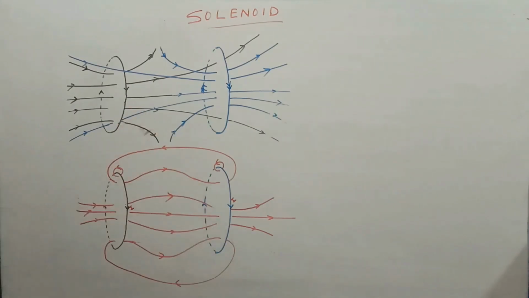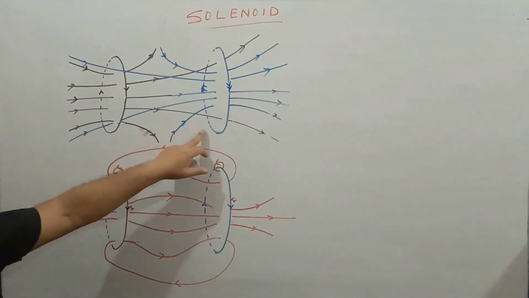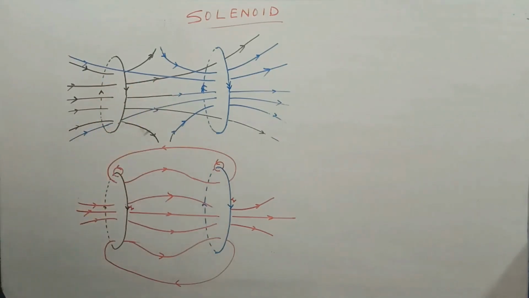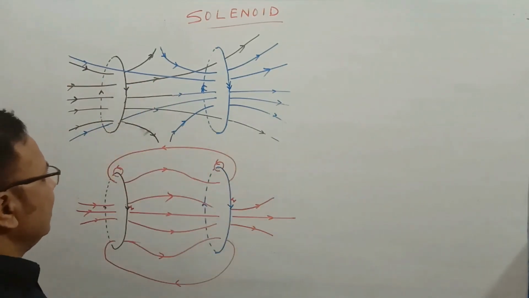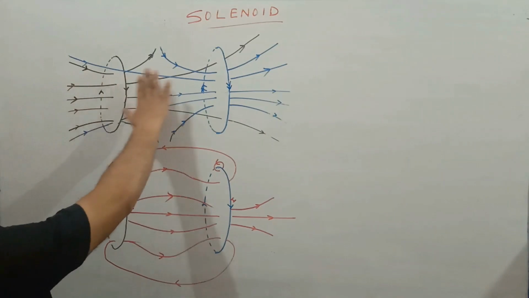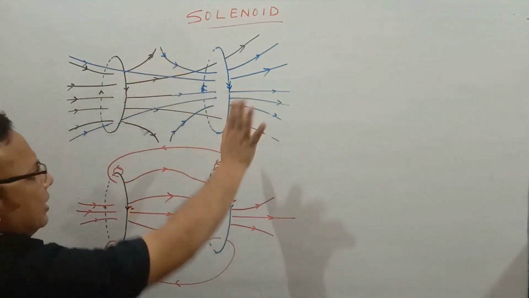Here two figures are shown. First, we are placing two coaxial loops, but we are assuming these two are not affecting each other. Suppose the second is not present, and we look at the loop status. Here, due to the first loop, the magnetic field is like this. Due to the second loop, the magnetic field is like this.